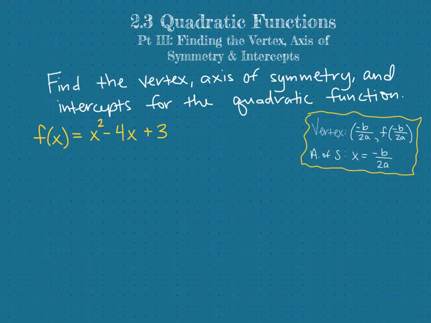In this first example, we want to find the vertex, axis of symmetry, and then the x and y intercepts for our quadratic function f of x equals x squared minus 4x plus 3. This is from the previous page. We can tell that this quadratic function is in general form. Therefore, we will find the vertex by identifying b and a, and then we'll find the axis of symmetry much